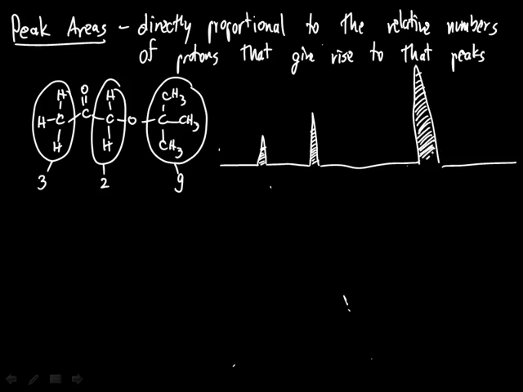And measurements of this area and their comparison will reveal that this area will stand in the ratio of 2 to 3 to 9 to the other, corresponding to the 3 other peaks. And this will allow us now to go backwards and from these ratios determine the number of protons in a compound which correspond to them. These areas are often referred to as integrals